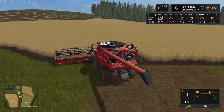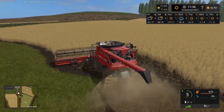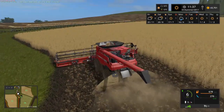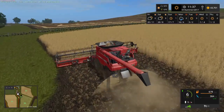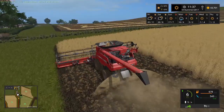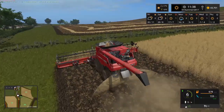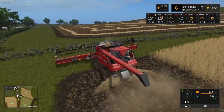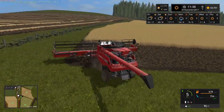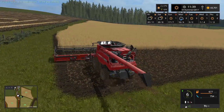So I do not know if our swath is on. We don't really want it on. No, it isn't. Good. Because we already have one field to bale. So that will be being baled at the end of the summer. We have a little while to go with that. But for now, we are just concentrating on getting our fields cut first. And then once we've done that, we'll then start working on getting our